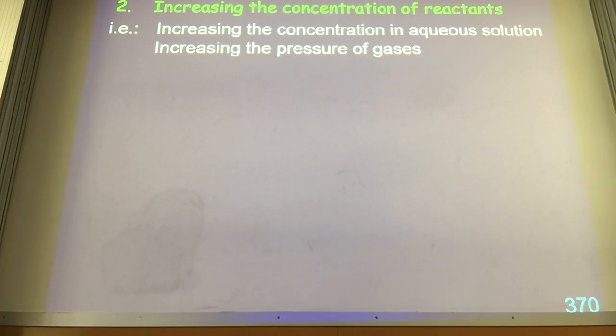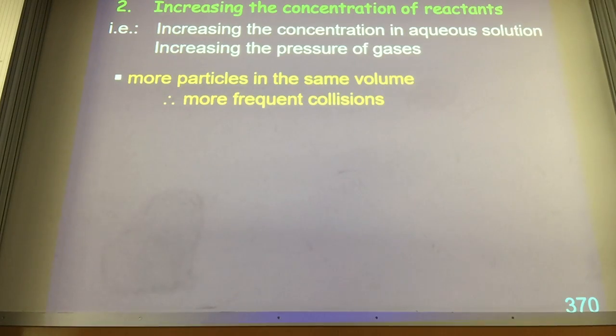Second way we can increase the rate of reaction is to increase concentration. This is a pretty simple one. Higher concentration, or higher pressure if we're talking about gases, it's exactly the same thing, means more particles in the same volume, more frequent collisions. So here's one where it is simply the frequency of collisions increases,